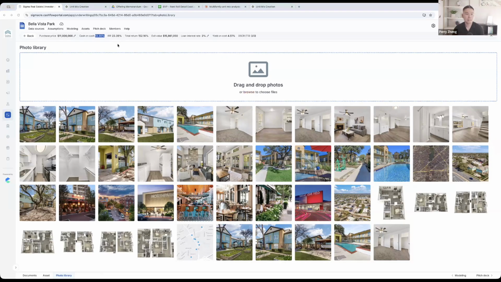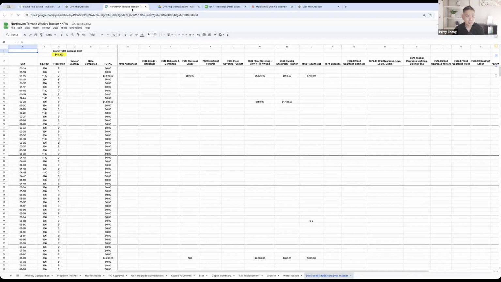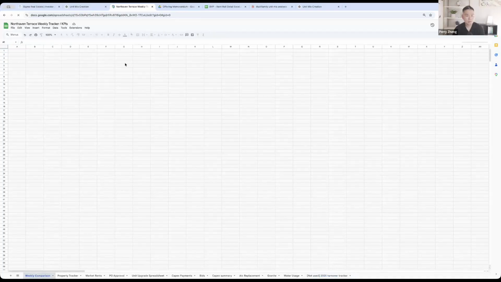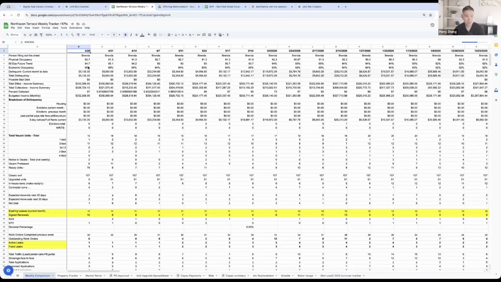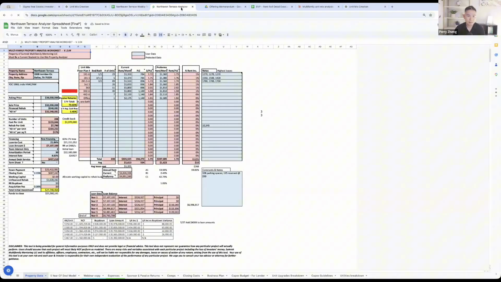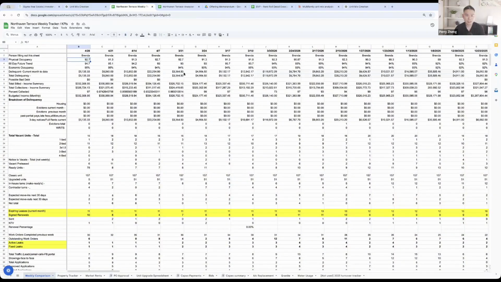And so what I did in my deal was this. This is back in the day. Every week I had a separate spreadsheet where I had the property management company put in the KPIs. And then my original spreadsheet, also back in the day, says we project 73%, we purchase for this amount, this is our unit mix. And so now we have to reconcile this KPI with what we tell our investors. Because if we are underperforming, we need to know before we tell our investors.